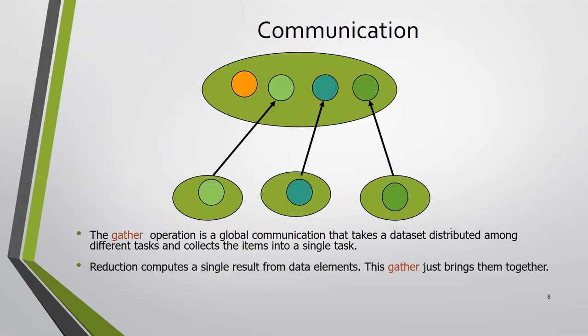In the earlier session on finding the maximum, we learned an operator called reduction. Here we are going to learn a new operator called gather. Gather basically brings the values of multiple tasks to one place. You have to be very careful and clear about the difference between the reduction operator and the gather operator. Reduction finally has only one result at the end, whereas gather just brings all those values to one place.